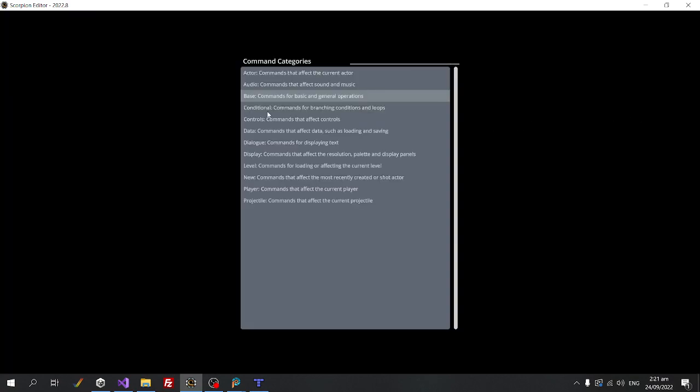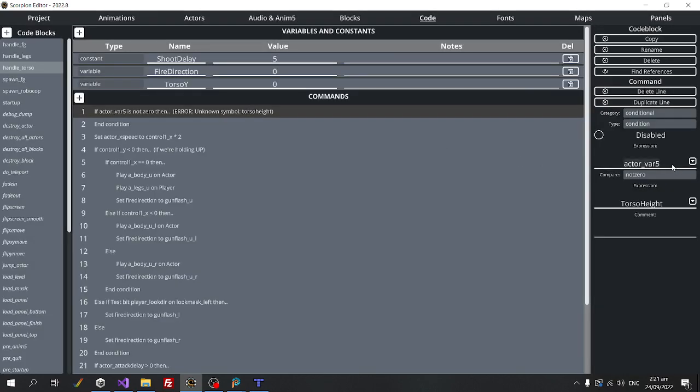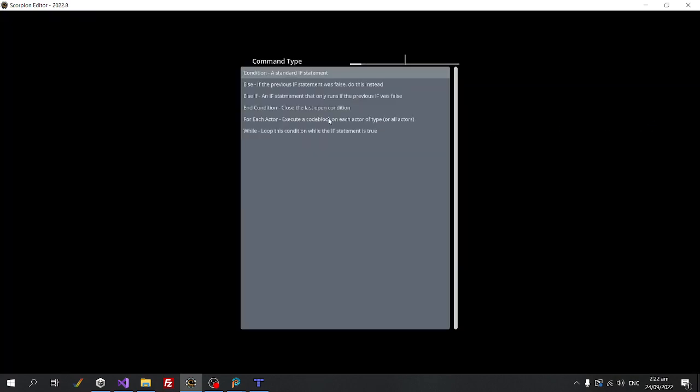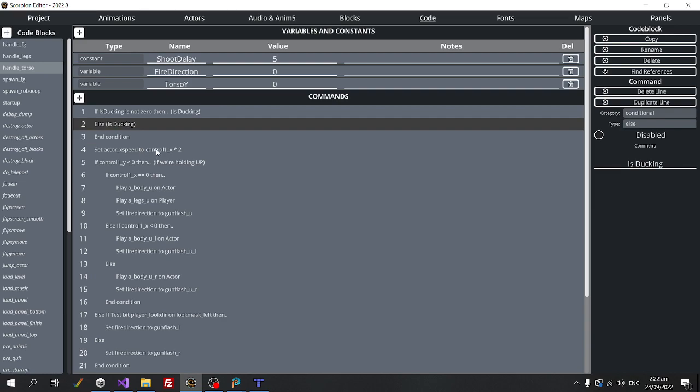And let's make a condition there. So if ducking is not 0 will do. Else